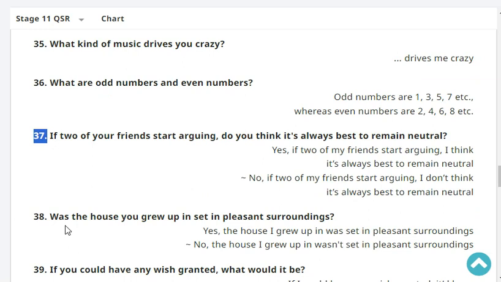Was the house you grew up in set in a pleasant surrounding? Yeah. Okay, but we can't finish that anymore, so we stop there for tonight, but very